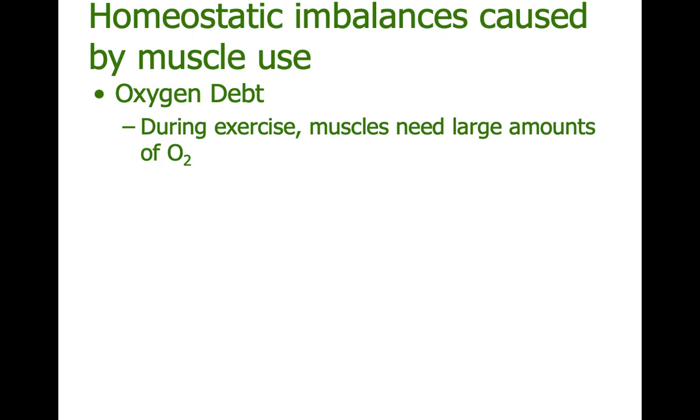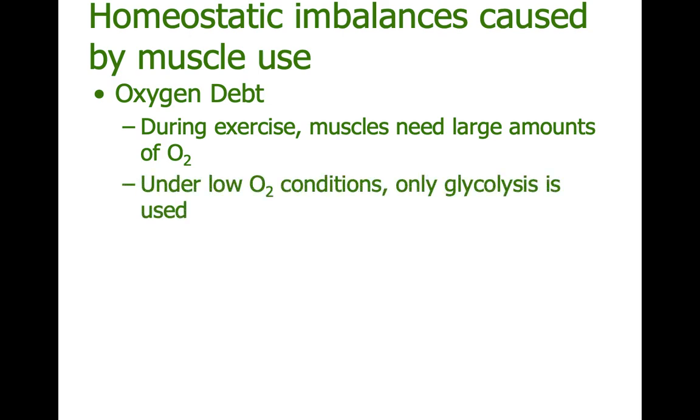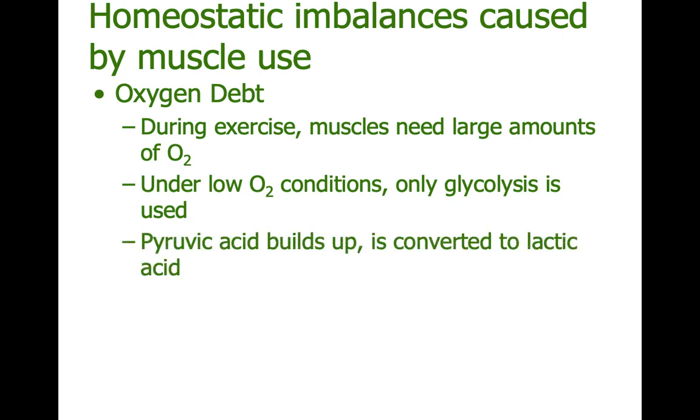Because in order to get as much ATP from a glucose molecule, we need plenty of oxygen so we can get those 38 ATP molecules instead of just those 2 from anaerobic. So we need plenty of oxygen so that we can run the mitochondria and get that ATP. Under low oxygen conditions, again, through strenuous activity, only glycolysis is used because there's not enough oxygen to run the citric acid cycle and the electron transport system. Pyruvic acid builds up, and it's converted to lactic acid because that's what it does. That's just what your body does. Oh, we got extra lactic acid, we got extra pyruvic